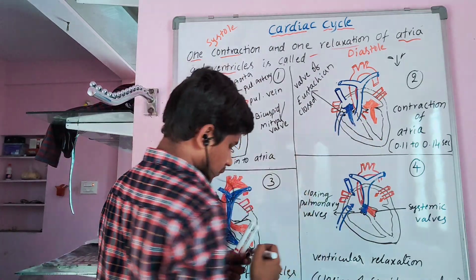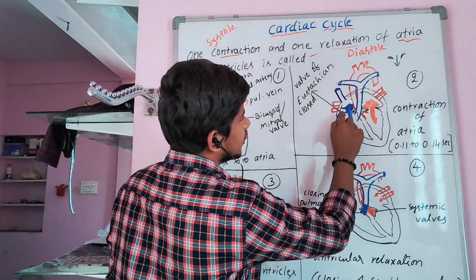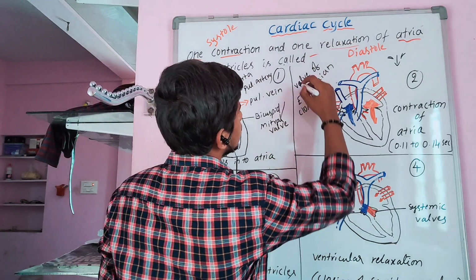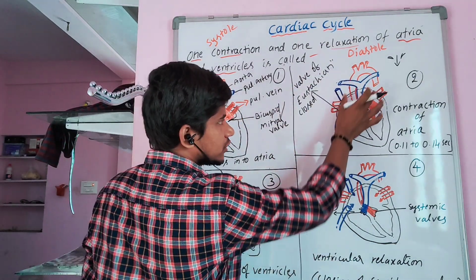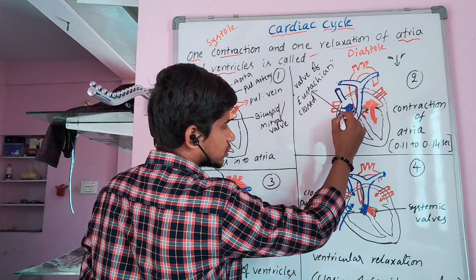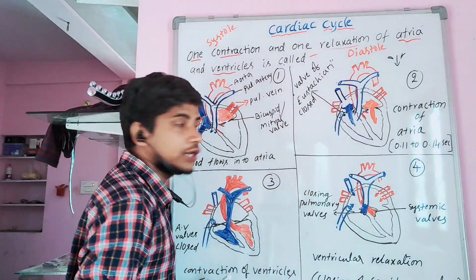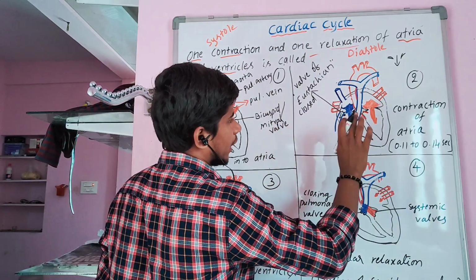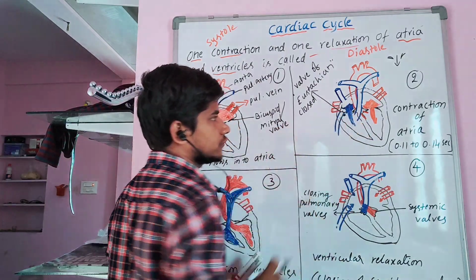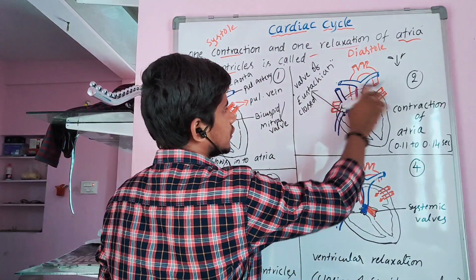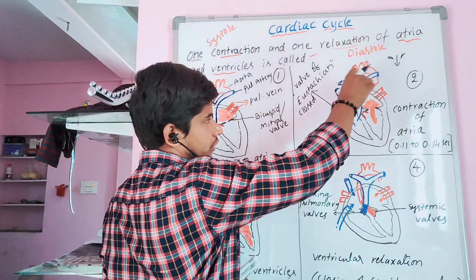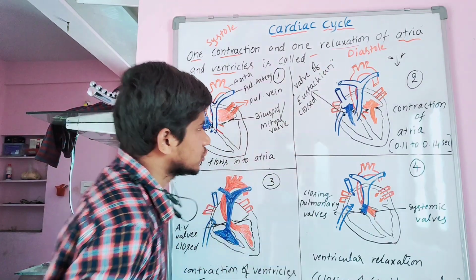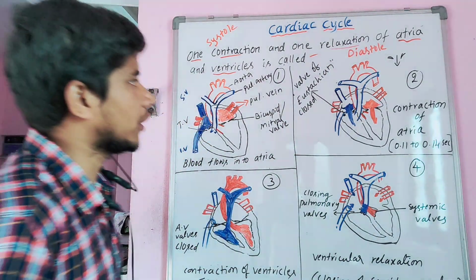Here there are small valves we can see in the inferior vena cava. These valves are called the valve of Eustachius. It will be closed. Otherwise, when the auricles contract, the blood may try to enter the inferior vena cava. That will not happen because the Eustachian valve will be closed. We don't see valves in the pulmonary veins and superior vena cava as they are on the upper side. So there is no chance of blood going back into the superior vena cava and pulmonary veins.